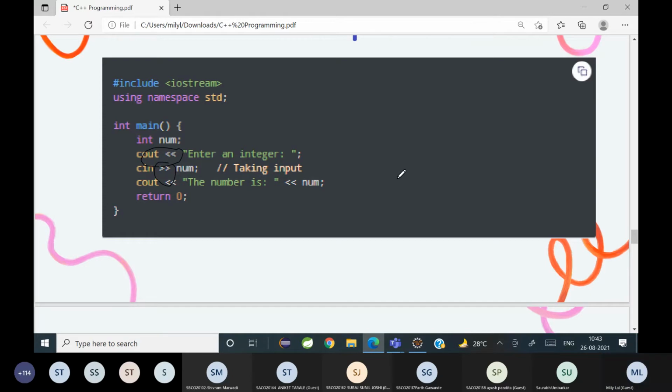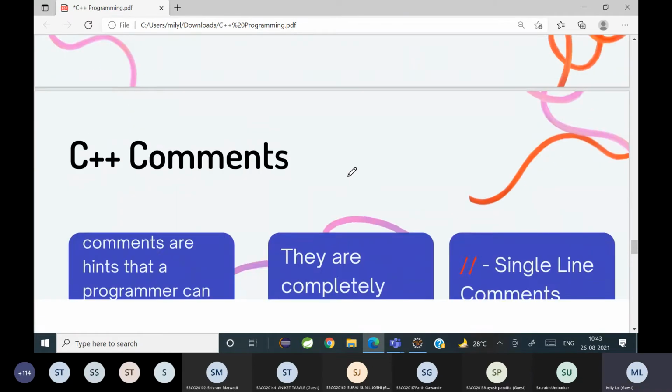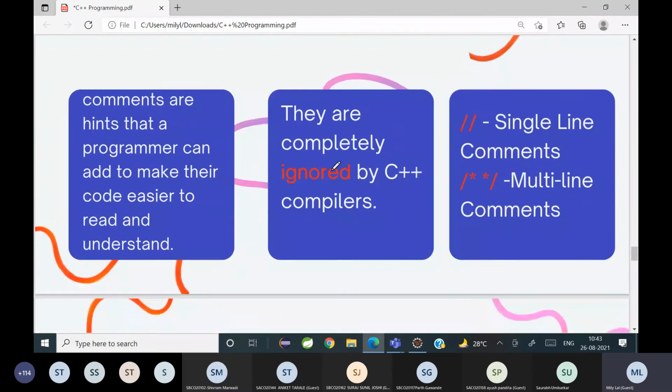Clear? Fine. Okay, now comments. As I told you previously, comments are hints about what a particular statement does, and they are completely ignored by the C++ compiler. For single line comments you use a double slash, and for multi-line comments you put a slash and an asterisk like this.